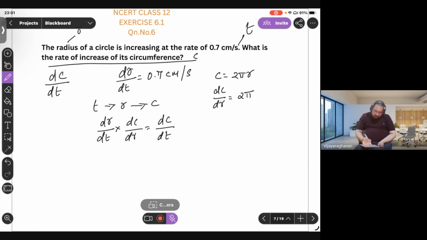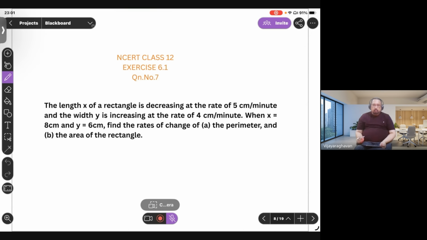dr/dt is 0.7, so we have 0.7 multiplied by dC/dr, which is 2 pi. So we have dC/dt as 1.4 pi centimeter per second, since circumference. This is the answer. So now the next question is: the length of a rectangle is decreasing at the rate of